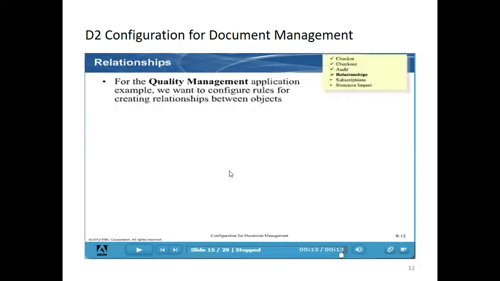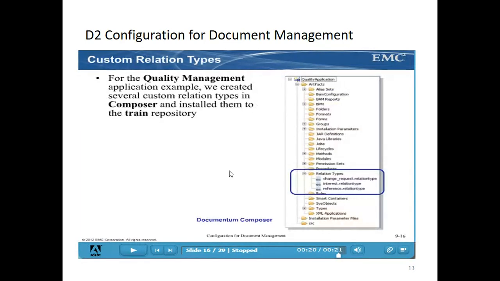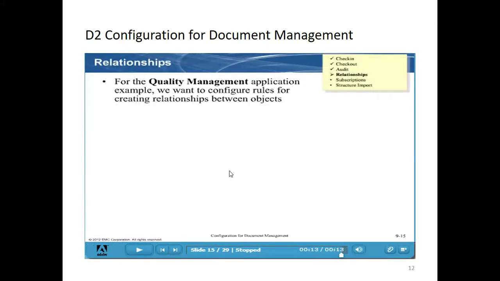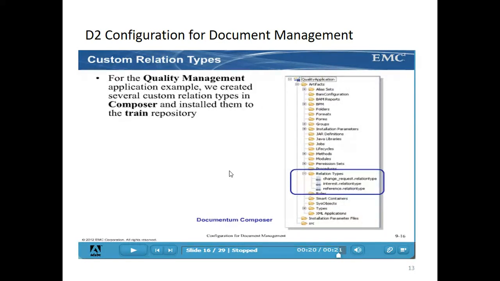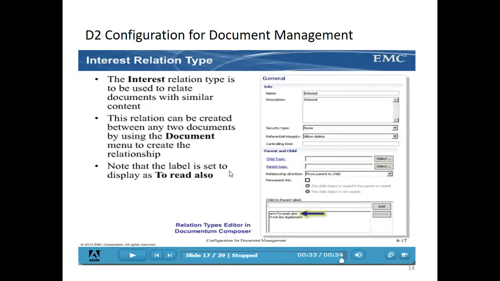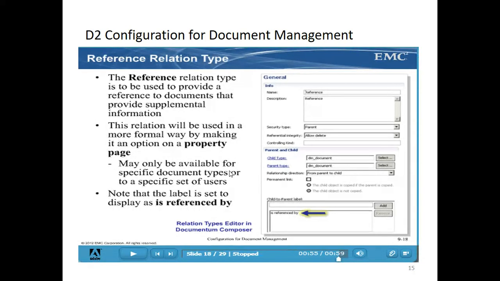Next, relationship. Here using Composer, we can configure the created relation types to the respective repositories. In this example, they have created an interest relationship and a reference relationship. Interest relationship is mapping the two documents based on the content interest, and the reference relationship is mapping the two documents based on the property relationship.